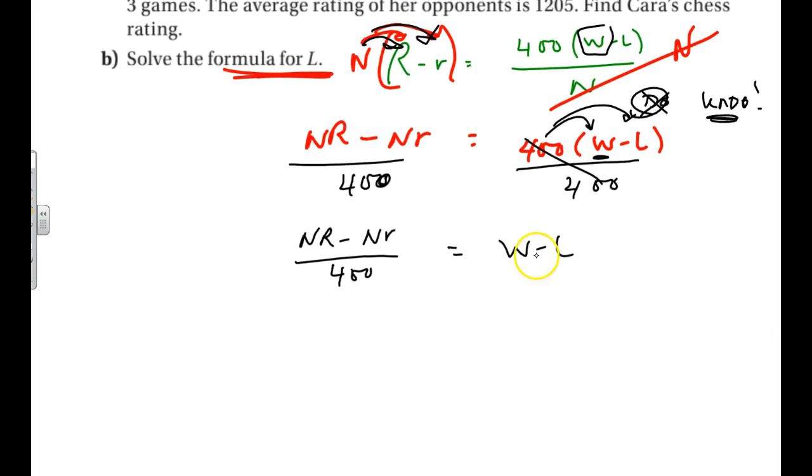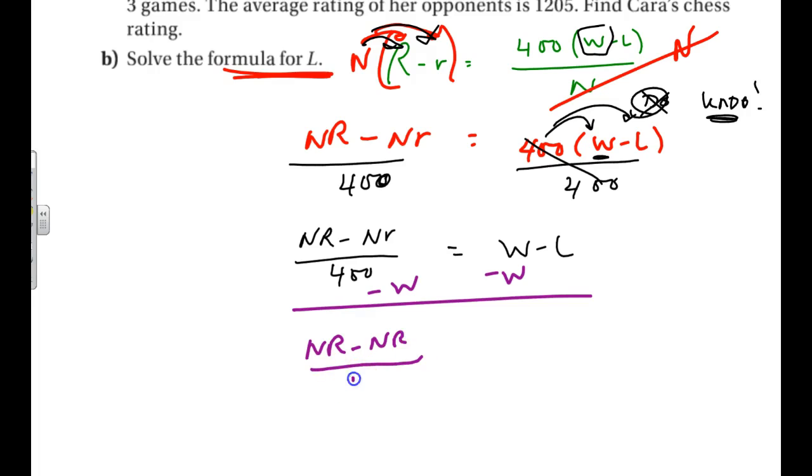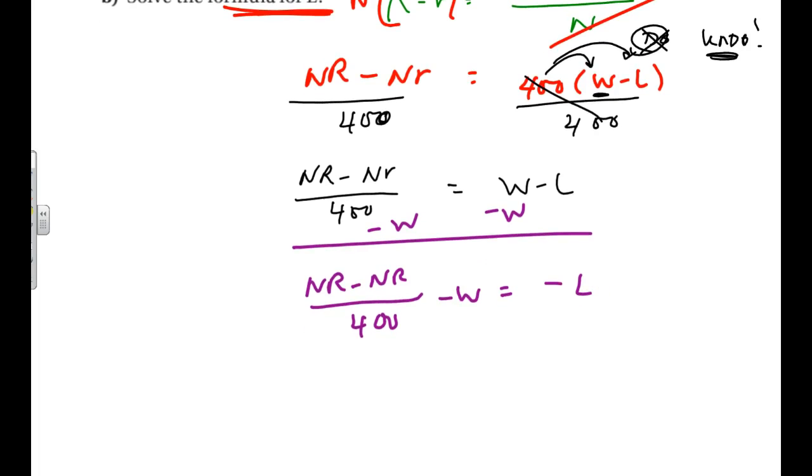So solving for L, I want to subtract off this W. Okay, it wouldn't hurt for you to see this again, I suppose. Minus W equals negative L. Ooh, this is even worse. So again, let me do this common denominator trick where I'm going to multiply this by 400 and get 400W over 400 so that I could get a common denominator of 400. So nR minus n, this is a small r,